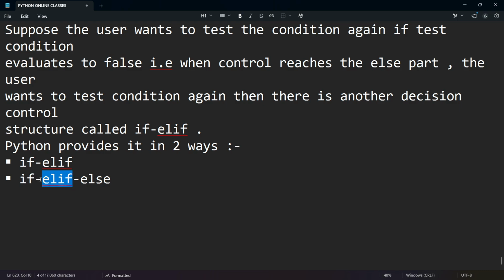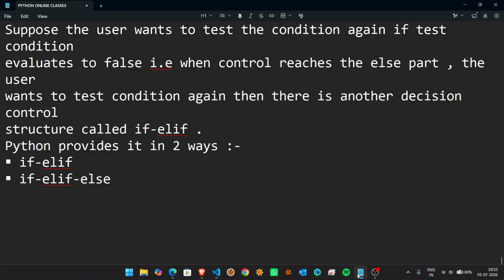If this condition is not true, then this final condition will be executed, and only this or this one. Now we have three options here and we have two options here. Okay,